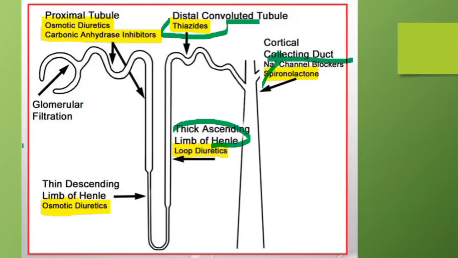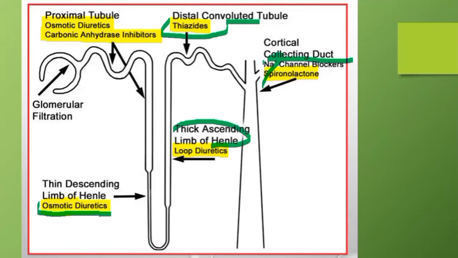In addition to this, there are a few other things I would like to add. One is osmotic diuretics, for example mannitol. Mannitol acts on the thin ascending limb of the loop of Henle. Usually mannitol is not included in the diuretics, but you will find this question of osmotic diuresis in the case of diabetic ketoacidosis. Whenever there is cerebral edema, they use mannitol and it causes osmotic diuresis. The question in the recall comes as such: what is the mechanism of action of mannitol? Mannitol causes osmotic diuresis. Where does it act? It acts on the thin ascending limb of the loop of Henle.